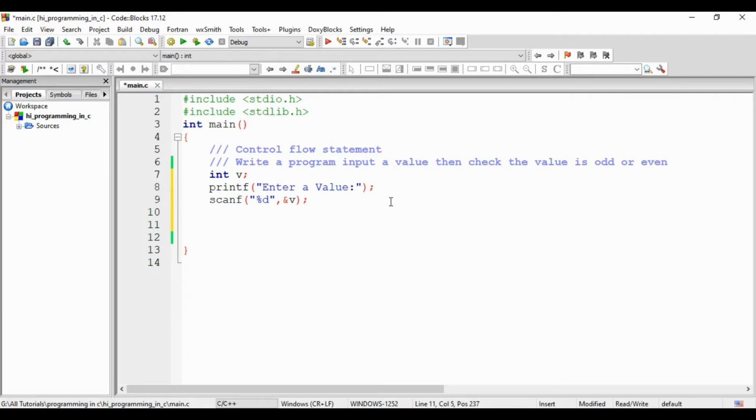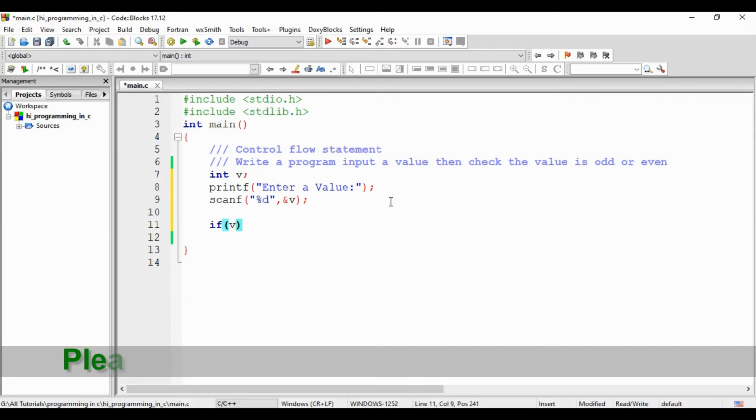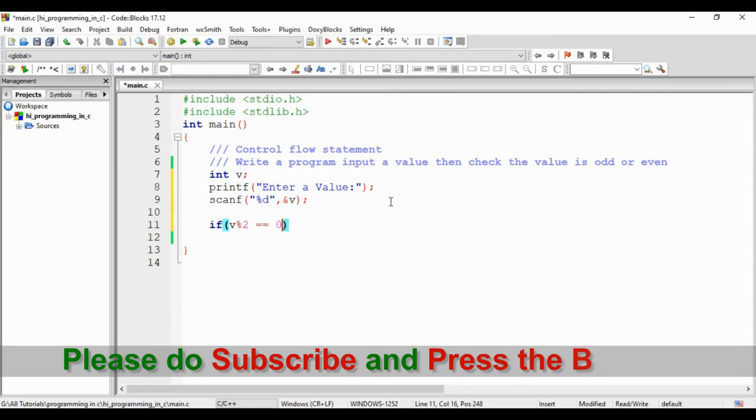Now we'll check whether this input is odd or even. How will we check? We'll use the if condition. If the variable v modulus 2 is equal to 0, that is, if the remainder of the division is 0, then it will be even. Then it will print